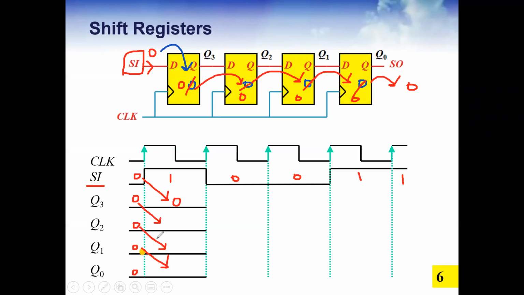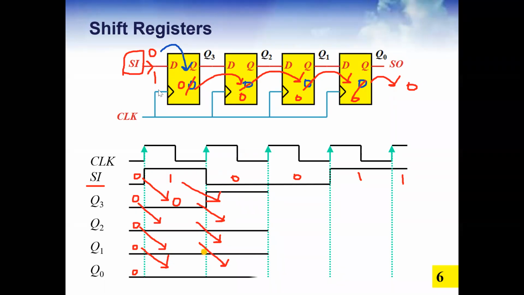But for the next clock, look here. For the next clock, girls, the next input is going to be 1 this time. Input is 1. So 1 will insert to Q3. And this Q3 value will update the value of Q2. Q2 will update the Q1. Q1 will update the Q0, because the output of one is the input for the next one. So with the next clock, Q3 will become 1. See now? And Q2 will be 0. Q1 will be 0. Q0 will be 0, because